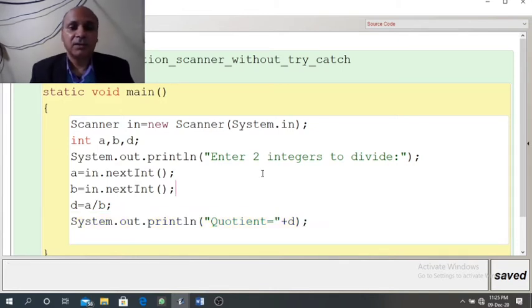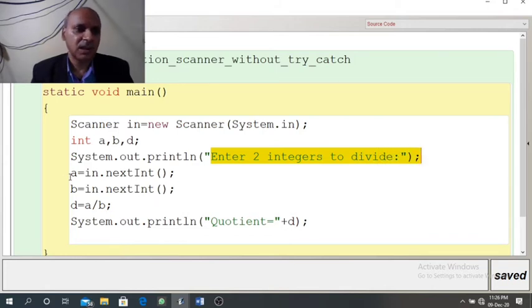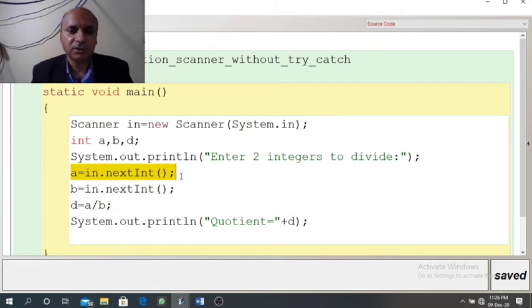Now imagine when we run this program, when we can experience runtime errors. Suppose we have given a message to enter two integers, but the user is entering a double value or string value or a boolean value.